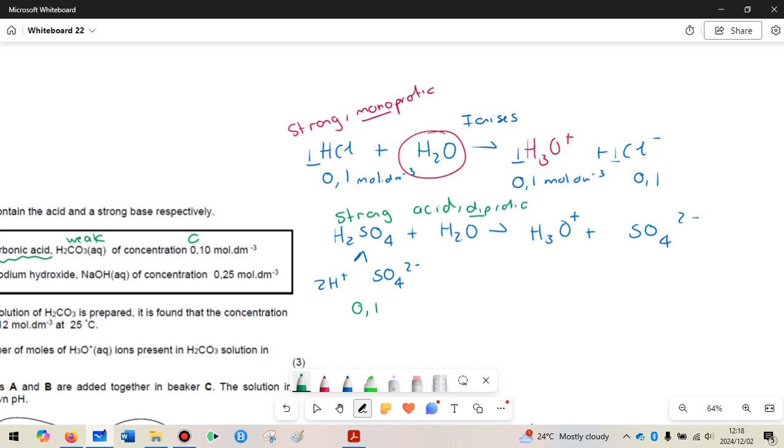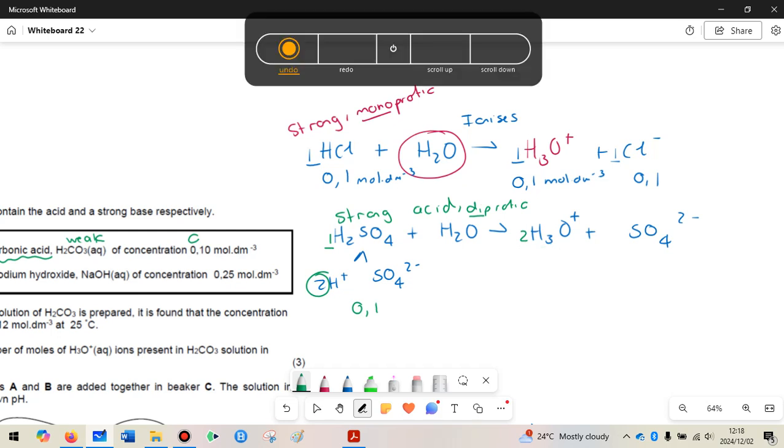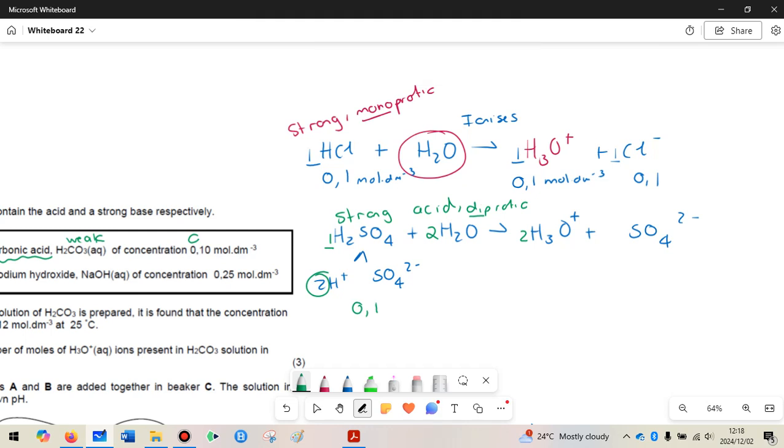Di meaning two, which means that every one acid molecule gives me two hydrogens, which then grab onto two waters and give me two hydronium ions. By the way, if you put a 2 there, you'll also put a 2 there, so they're not hard to balance. Okay, so that's important because if the concentration of your acid is 0.1 mole per decimeter cubed, then the